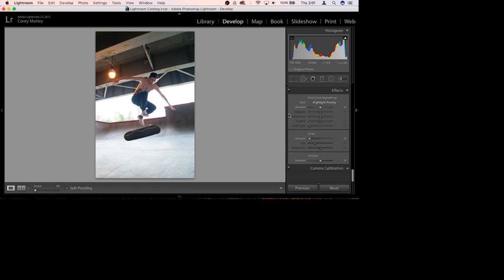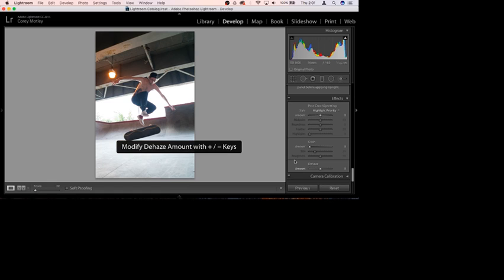So I always do contrast first, and then I jump all the way down to dehaze, and I always bump dehaze up about 15 to 20 values. As you can tell, dehaze just kind of darkens and cleans. I don't even know what technically dehaze does, but it makes darks look darker, and it takes some of the fuzziness and a little bit of the overexposure bloom out of it,